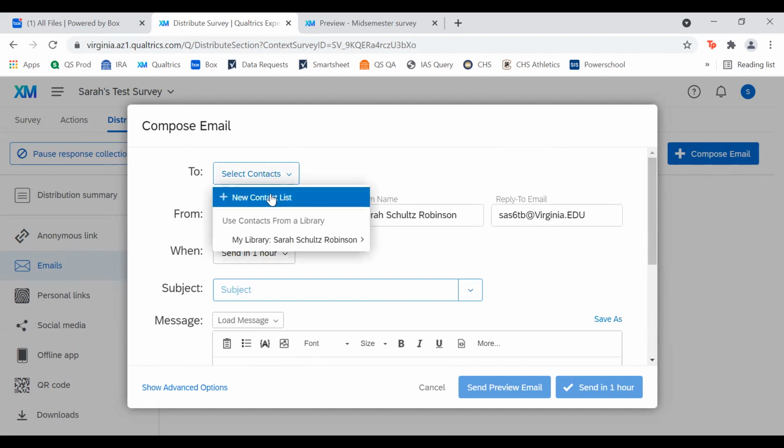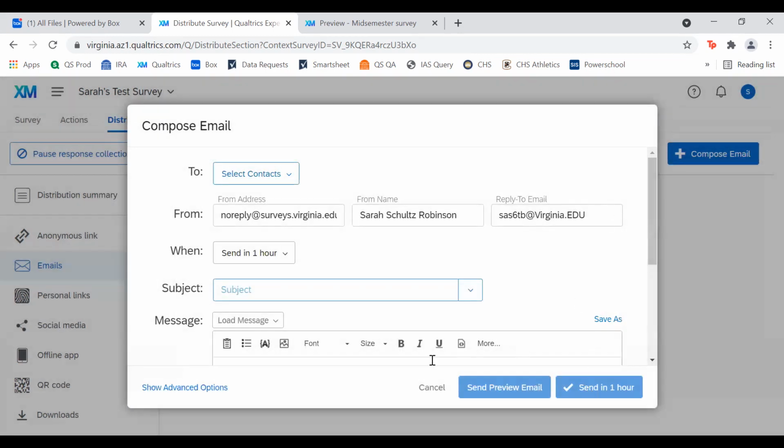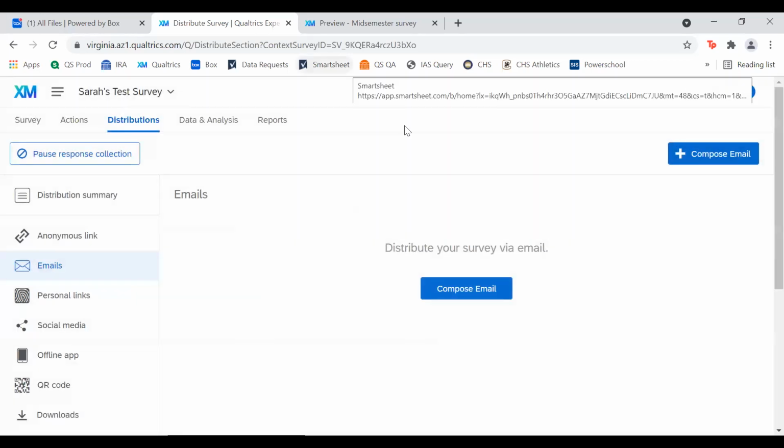Anytime you want to send it out to a contact list, you always have the opportunity to add your own contacts. Generally with courses, depending on how many students you have, if you have 5 students, probably pretty easy. You can put their names and emails, but generally with any larger courses, you're going to want to upload a contact list. And so if you have 15 students, 100 students, maybe you're surveying students that you've taught over several years, you will want to actually come out of this